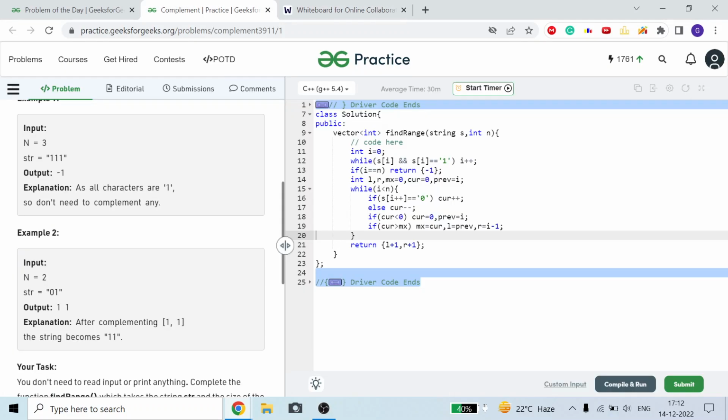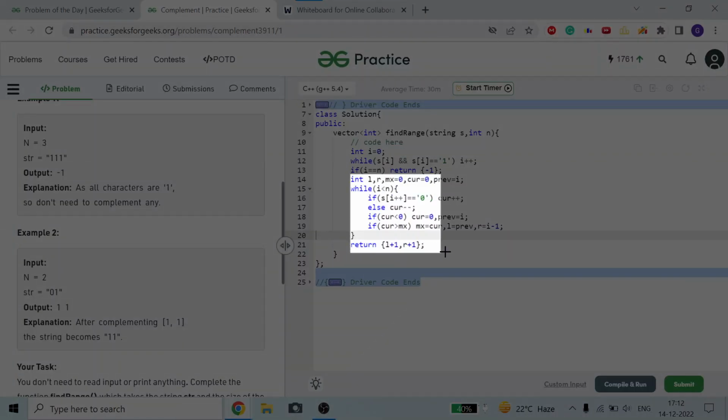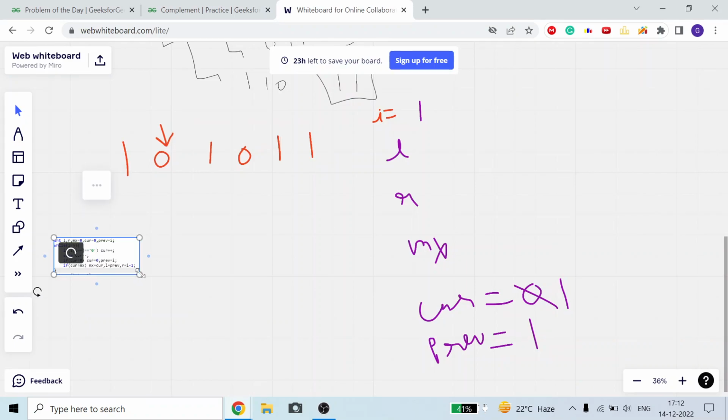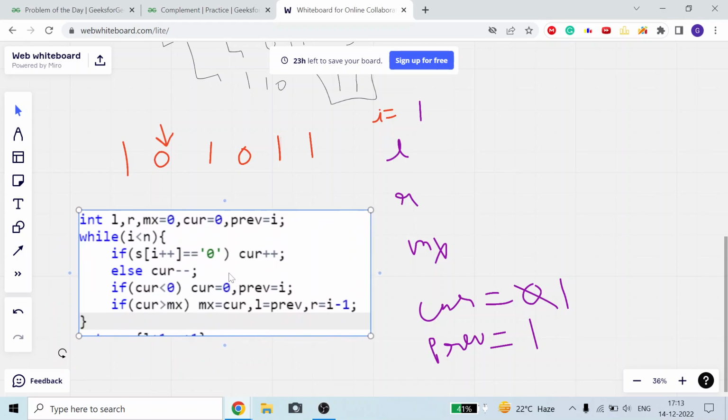Okay guys, just a minute, what I will do, I just copy this particular portion. Okay guys, you can see now.